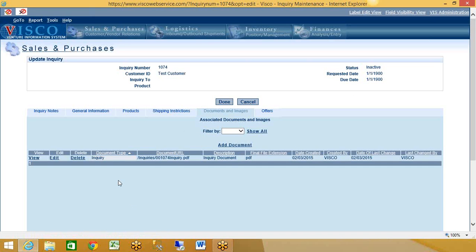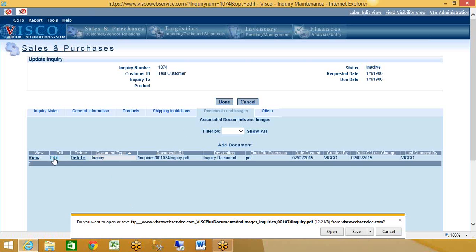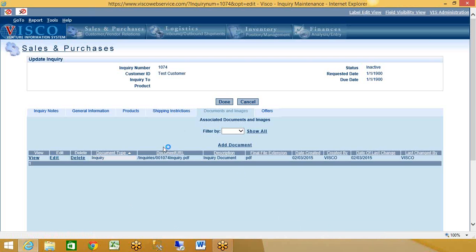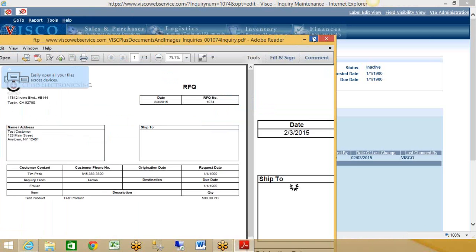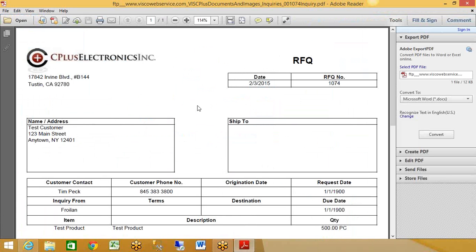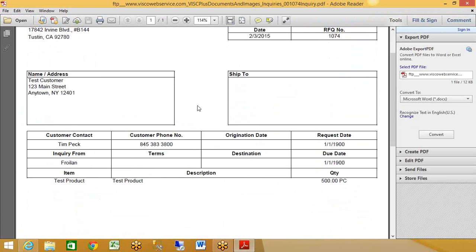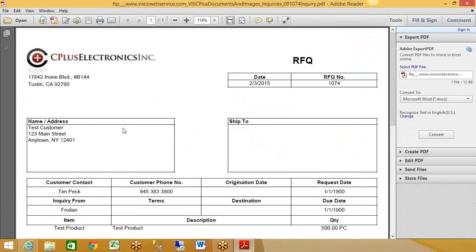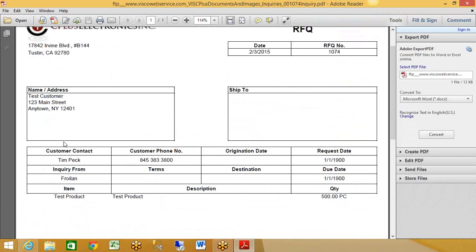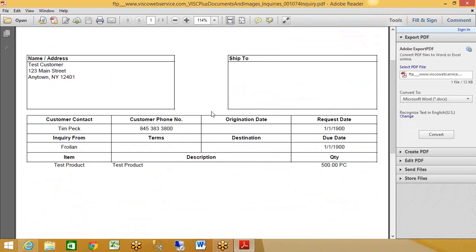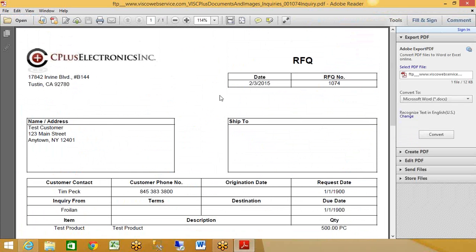Yeah, so now you'll see it's in the Documents and Images section. This is called an RFQ. The system will generate it automatically and loads this PDF that's designed to be sent out to the customer. So you can just send this out directly to the customer, which is a history of the inquiry. Now, the other option is,